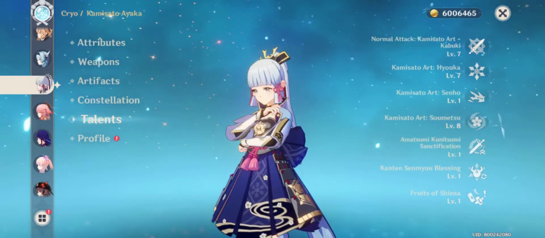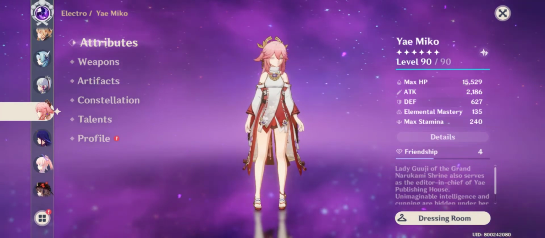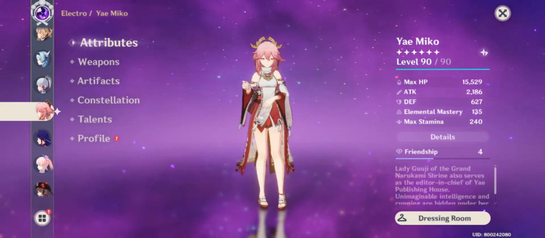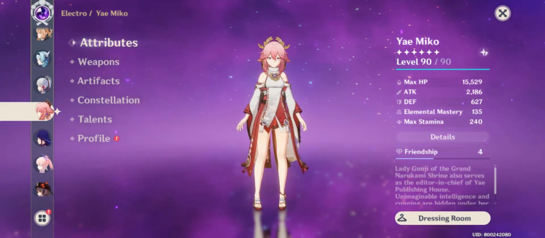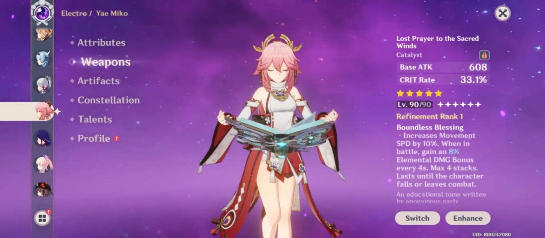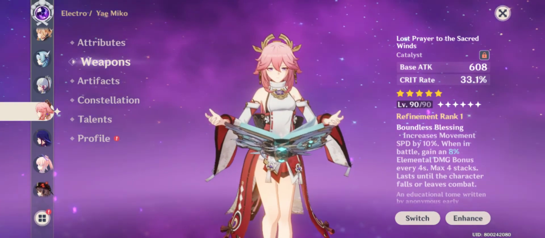Yeah. The older brother. Alright. Miko. I saved for Miko ever since the Shenhe banner, because I lost it to C2 Diluc. But yeah, this is what she sits at. This is the weapon I have for her. I'm still trying to get her weapon on her weapon banner. I mean, there's only a week left. But I've got it guaranteed because I got...